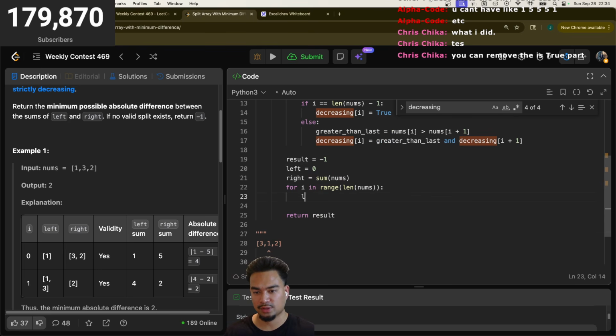So what I'll do is left plus equals nums at i, right minus equals nums at i as well. If increasing at i